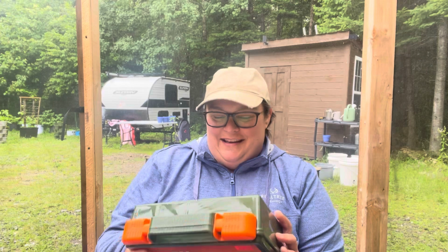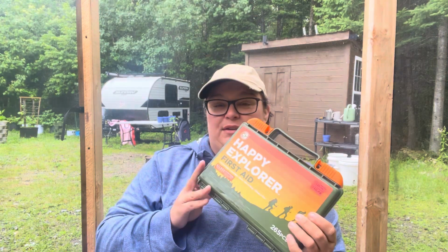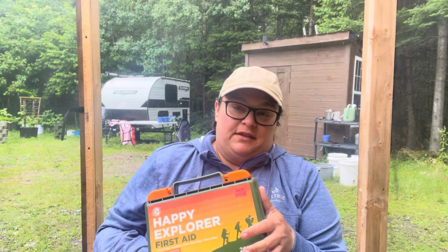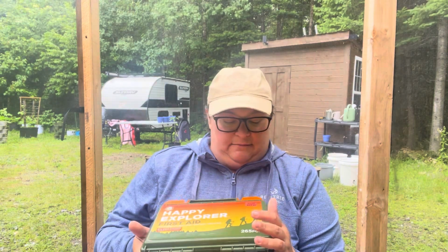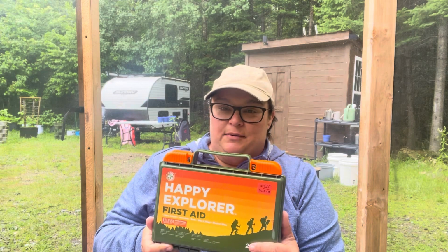I didn't read this first because I kind of wanted a surprise as I opened it to see what was in there. So I just looked at the front, when I grabbed it, and it said it had that many things in it. But yeah, so let me know what your thoughts are on this. I think it was definitely worth it for me, especially at $13.50. I'll definitely doctor it up a little bit and put it in my car